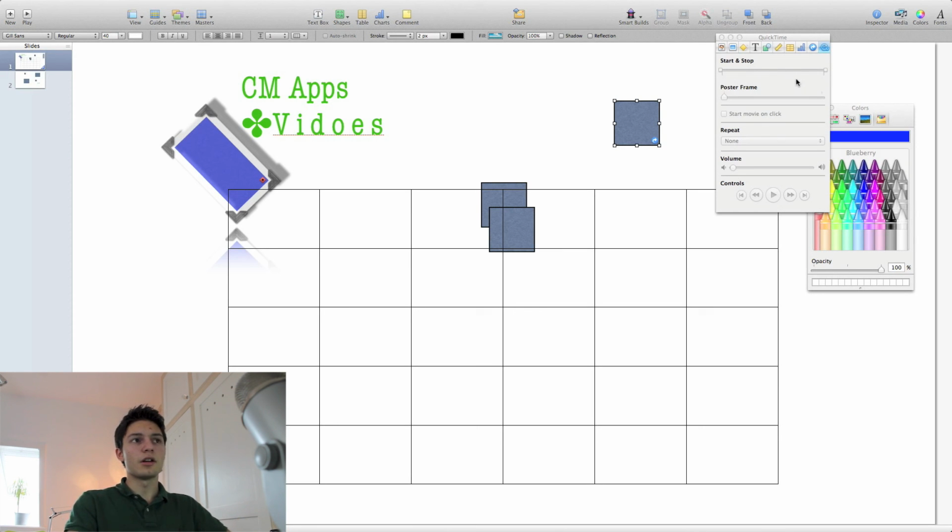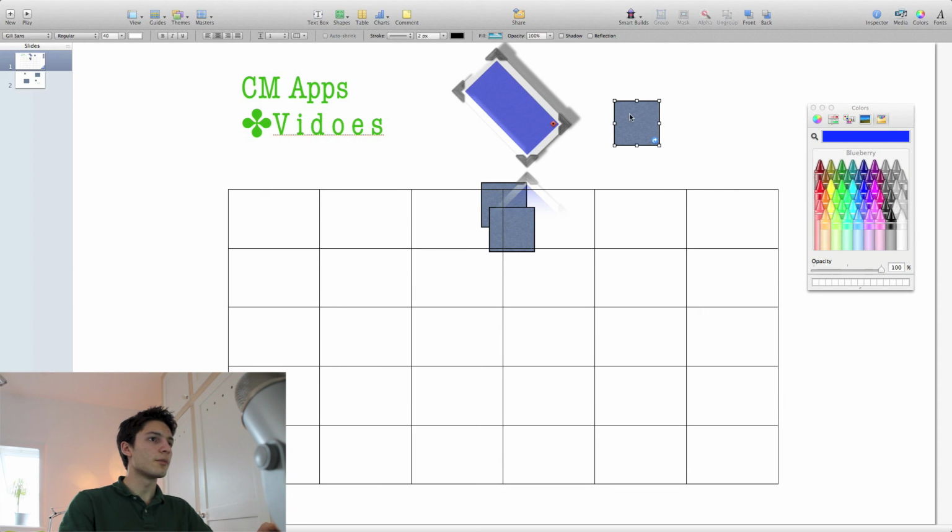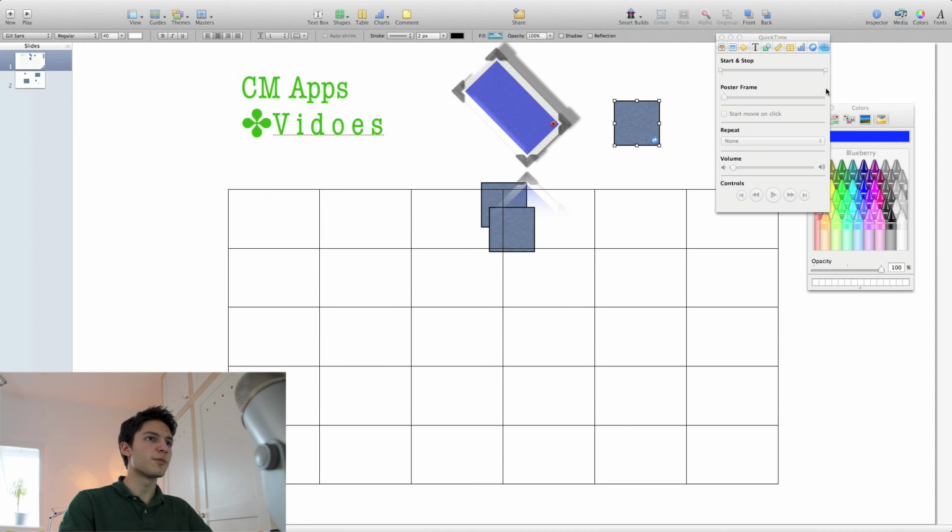QuickTime, so you can edit videos in, or add a video to your slide, and here you can edit the start and stop point, and decrease or increase the volume. So that's everything to the inspector, and I hope I'm gonna make this one, let's go to the inspector,